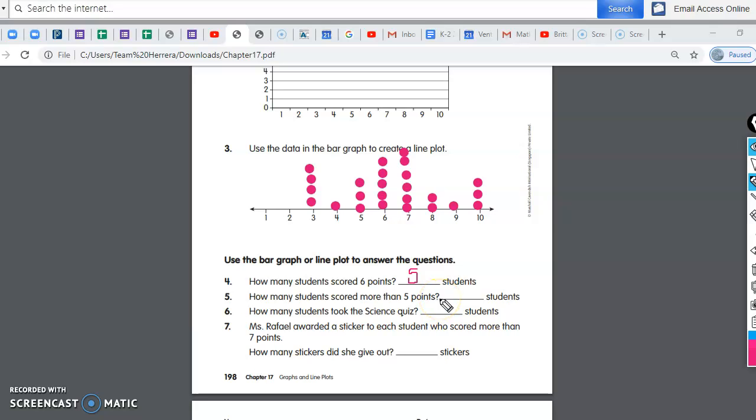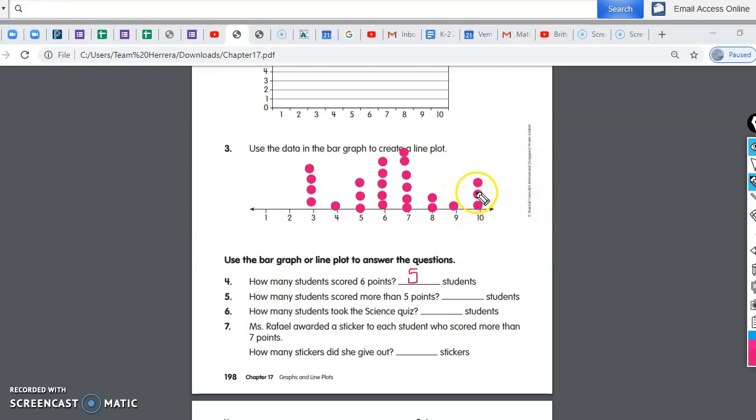So now we're going to do a little bit of math. On our chart, we have more than 5 points. So here's 5 points, right? You could just count. You could go 1, 2, 3, 4, 5, 6, 7, 8, 9, 10, 11, 12, 13,